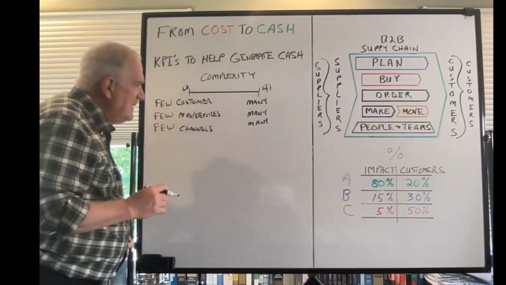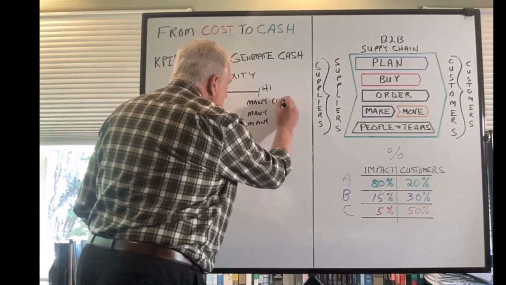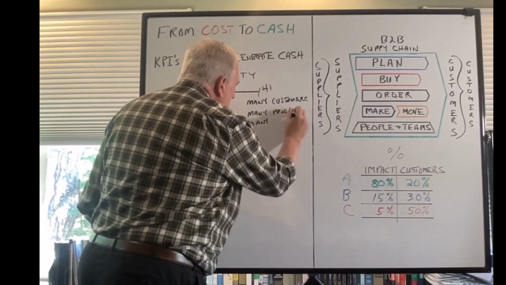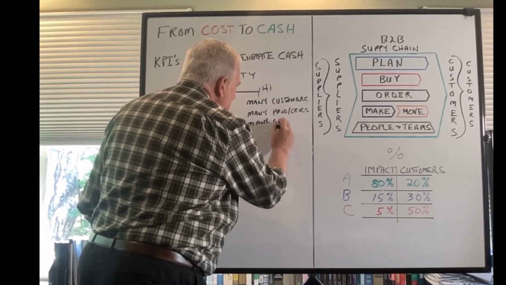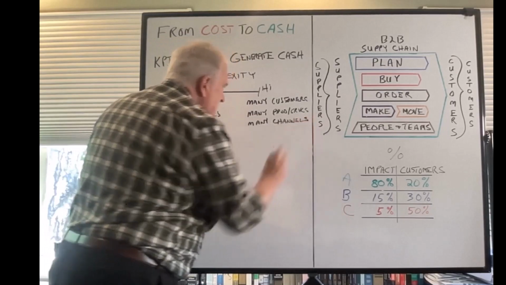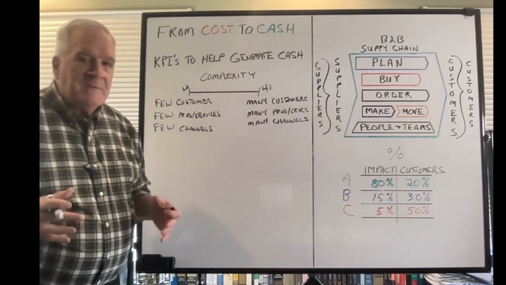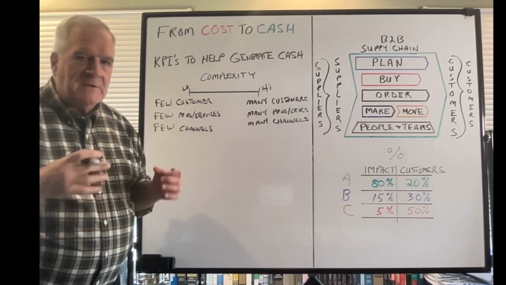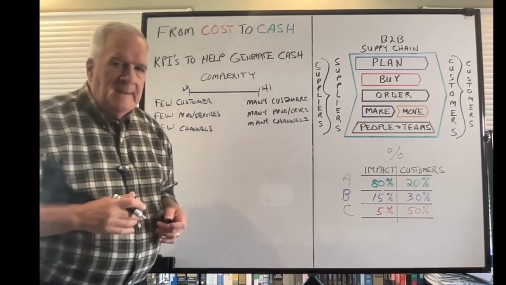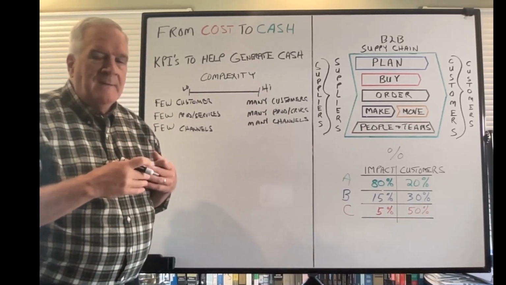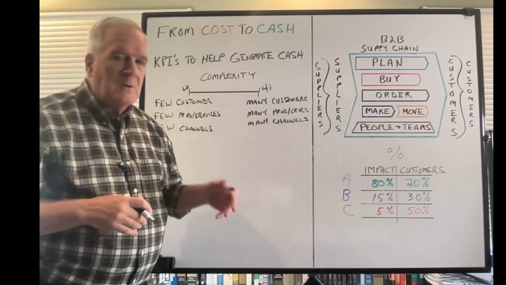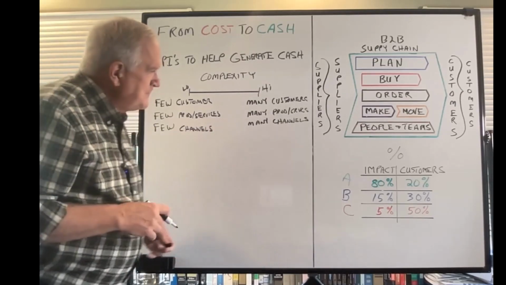indicators. However, if your business is more complex, many customers, many products or services, or you're dealing in multi-channels, so retail, wholesale, online, direct to consumer, could be many things. You can have a lot of moving parts in your business that are going to affect the cash generation in any given period of time. So a month, let's say. So you want to be able to see weekly what is happening with those moving parts that's going to affect my result at the end of the month, into the quarter, obviously quarters into a year.